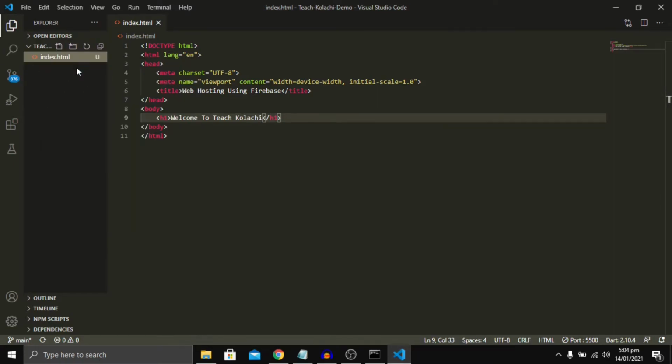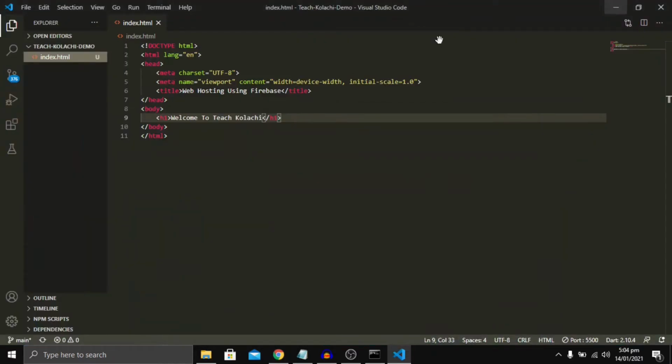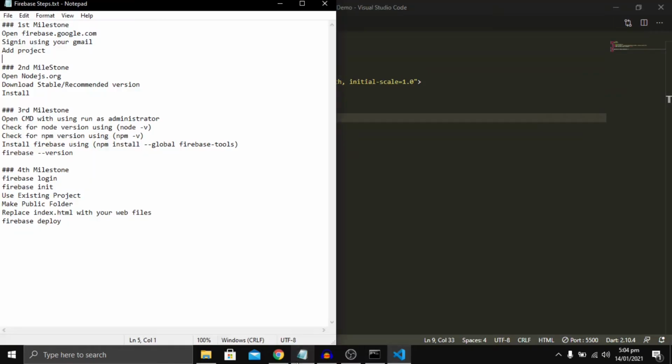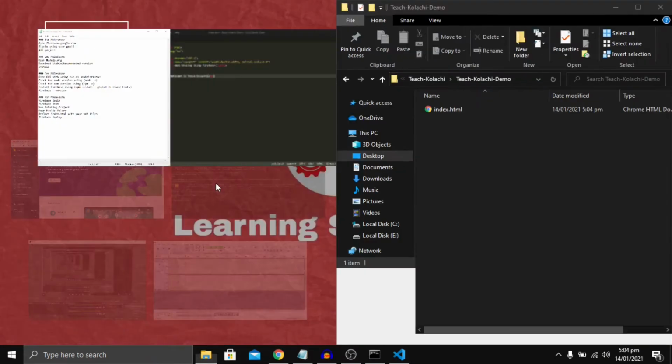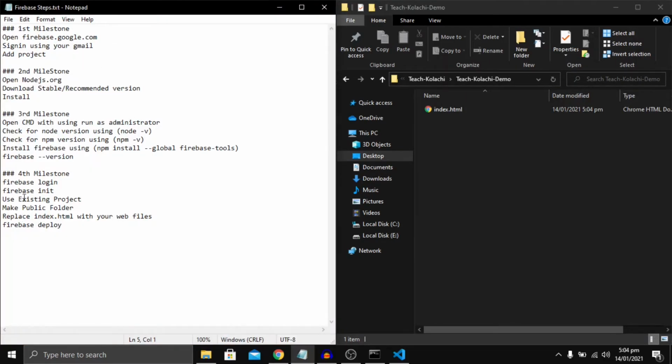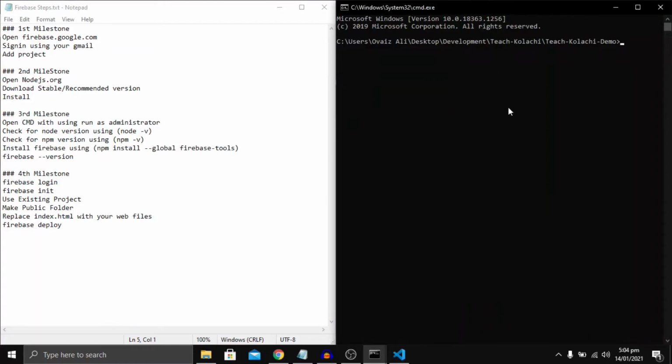So we are going to host this using Firebase. So let's close it and move to the fourth milestone. What the fourth milestone says, we are going to go to the CMD of our project.